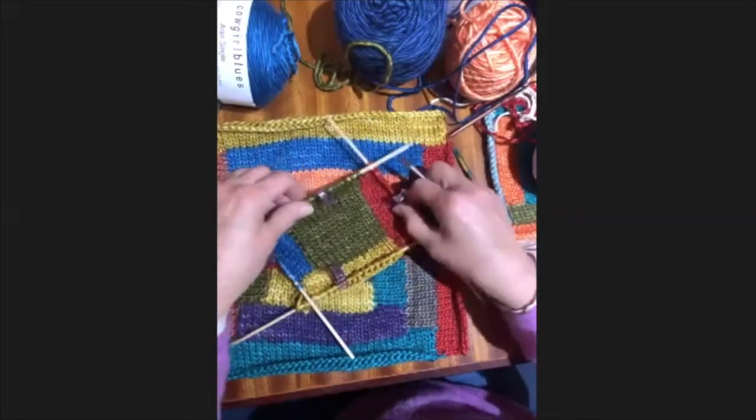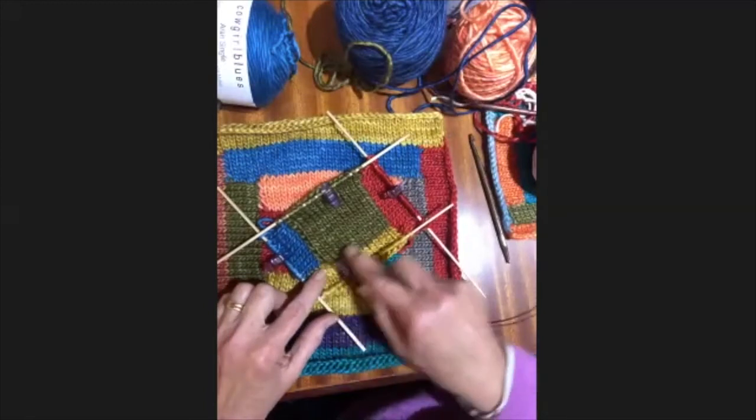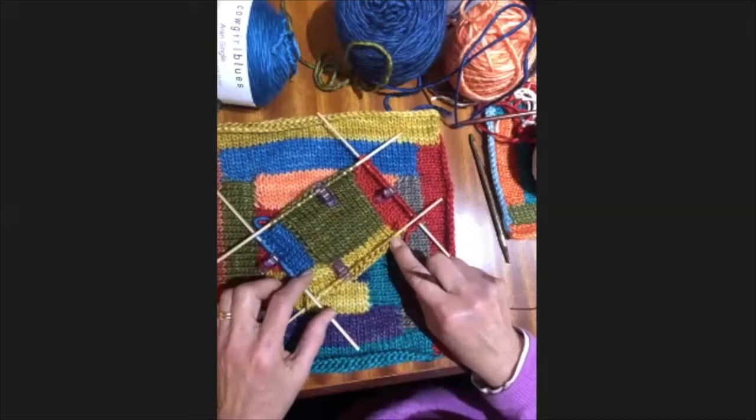Okay, so what I've done so far here is I've done my first log, picked up 4, picked up the 15 stitches across the bottom of the block, and I've knitted my 8 rows. Sorry, Jane, could you say that again and just go slowly, because my brain's going a little slower than...